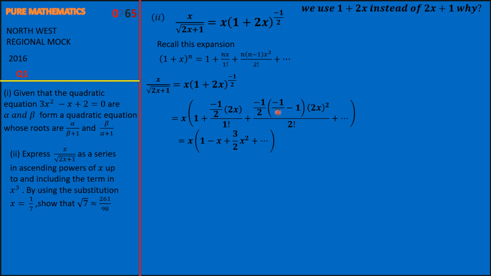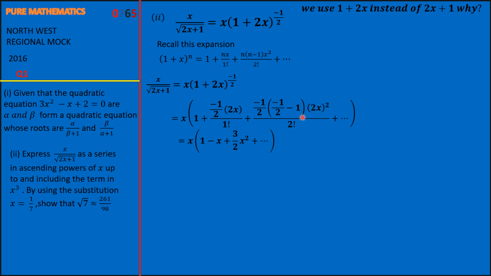And this one here will give you what? Negative 3 over 2, and negative 3 over 2 times negative 1 on 2 will give a positive, so that will give me what? 3 over 4. And when you square the 2, it will give us a 4, so that one will just cancel out, leaving out 3 at the numerator, and x squared, we have it there, and 2 factorial being 2. So the reason why I stop at x squared